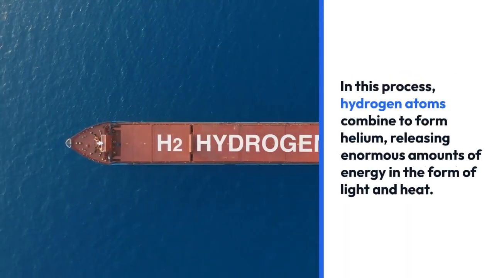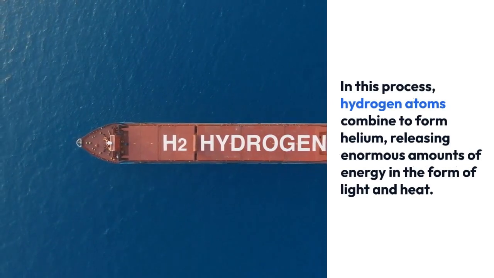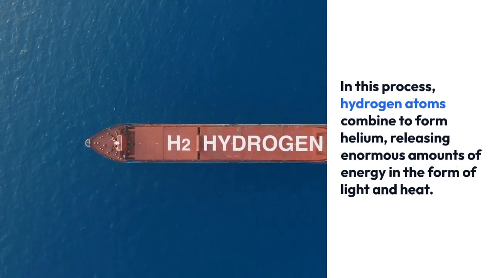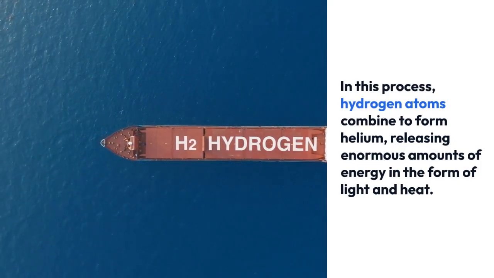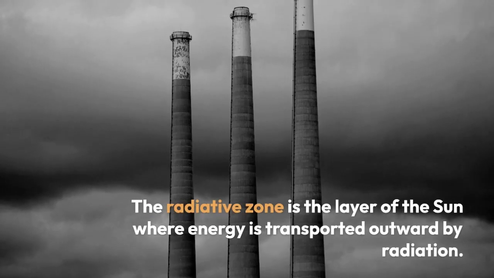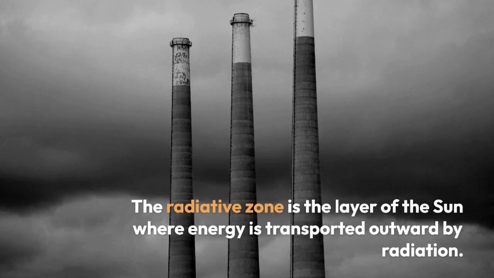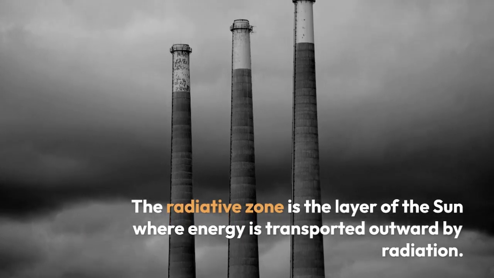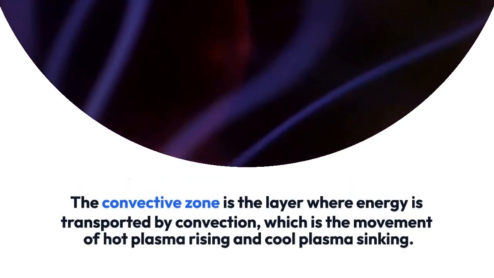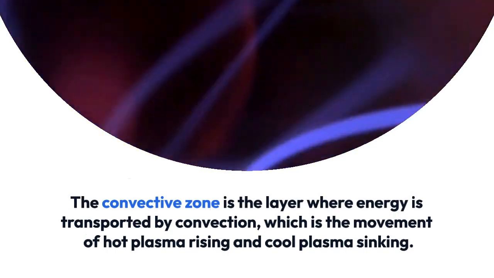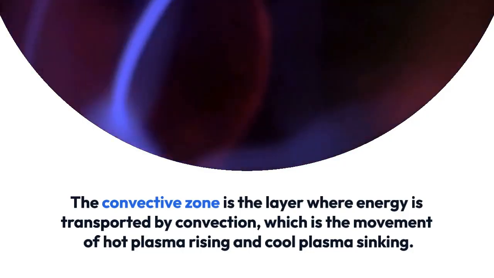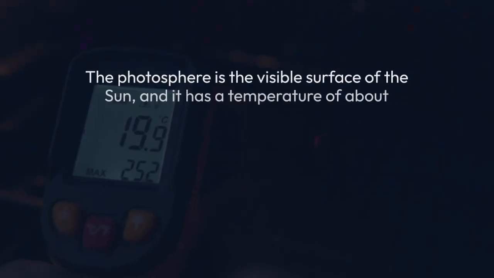In this process, hydrogen atoms combine to form helium, releasing enormous amounts of energy in the form of light and heat. The radiative zone is the layer of the Sun where energy is transported outward by radiation. The convective zone is the layer where energy is transported by convection, which is the movement of hot plasma rising and cool plasma sinking. The photosphere is the visible surface of the Sun, and it has a temperature of about